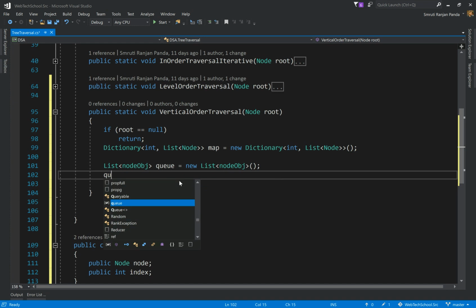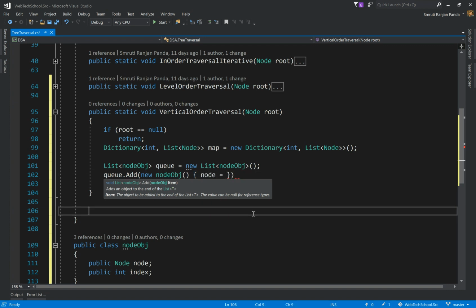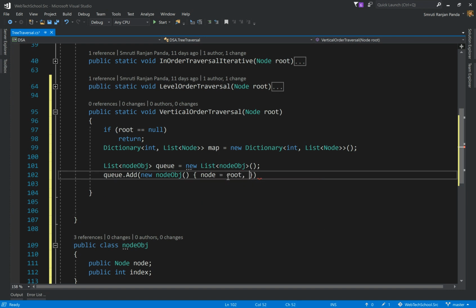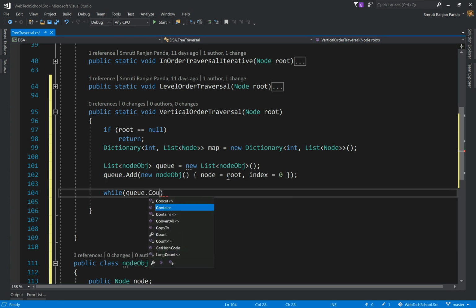Now inside the queue, we are going to add our root element. For the root element, the index will be 0. So I'll simply say new node object, and the node value would be root, and index would be 0. As long as the queue is not empty, or queue.Count is greater than 0,